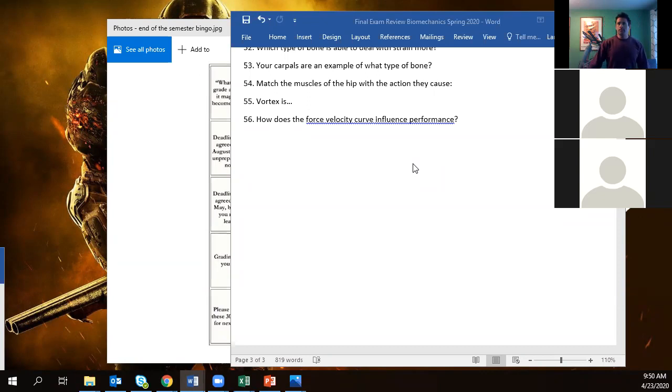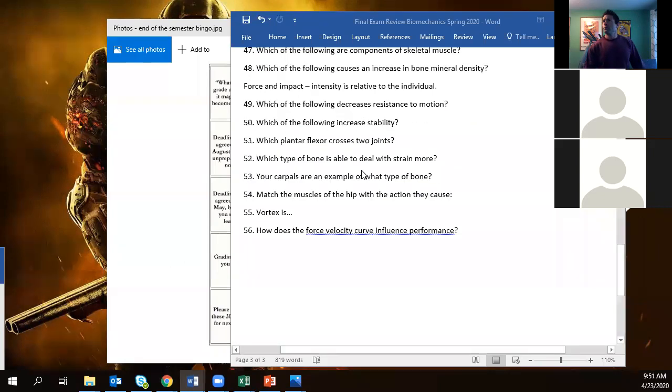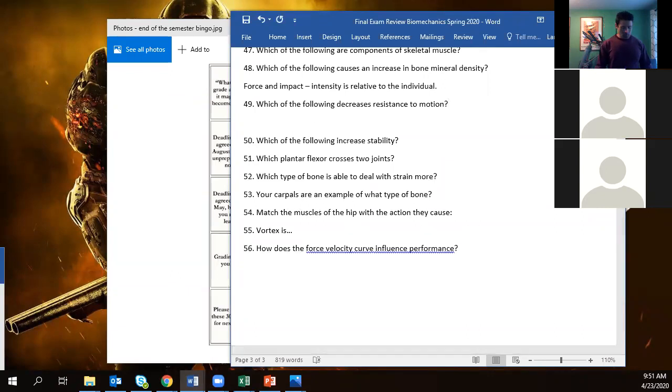So I think you already talked about it yesterday, but it's 49, and it's which of the following decreases resistance to motion. And I think you said it was temperature, humidity, and barometric pressure, like with drag. Bingo, bingo. So we're talking about drag here. And so as effectively temperature or humidity goes up, you have less drag, okay? However, for air pressure, when pressure goes down, we're going to be able to go faster.